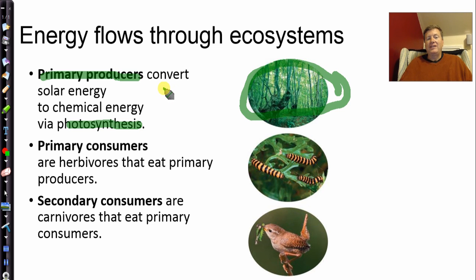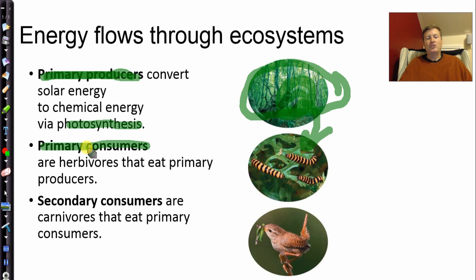But understand again, that's how it all starts. The energy that you need, the energy you use, ultimately comes from the sun. But since you can't directly convert the energy, we have to depend on primary producers to start the process. Now, primary consumers are those things that eat the producers. So in this case, we have some caterpillars. Okay, caterpillars can't produce their own food, but they can convert the energy that we have in plants to make caterpillar energy, caterpillar parts. Secondary consumers are going to eat the primary consumers.